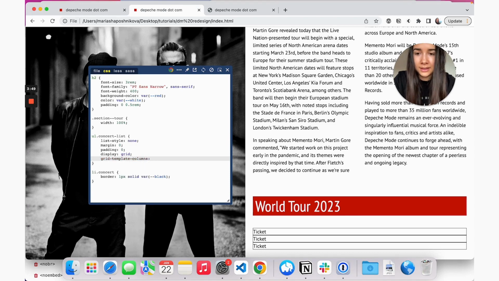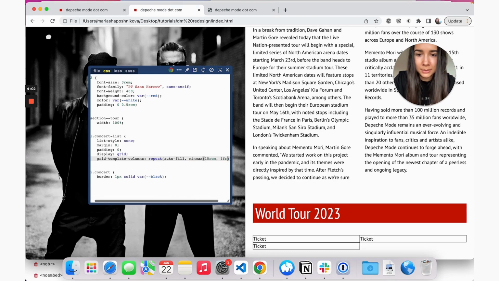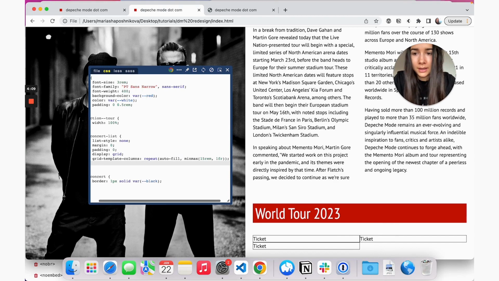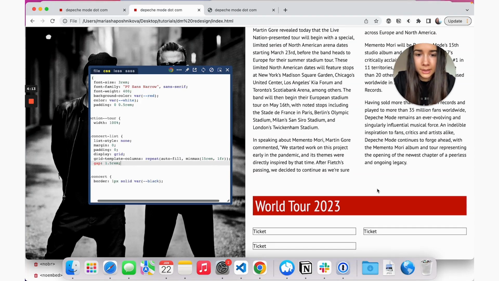And let's see if I can remember this. So we want to repeat of autofill, and then the minimum width of the ticket we want to be around 15 rems. And the maximum is one frame, so whichever space is available. And then we want to add a gap. I think it was 1.5 rem.